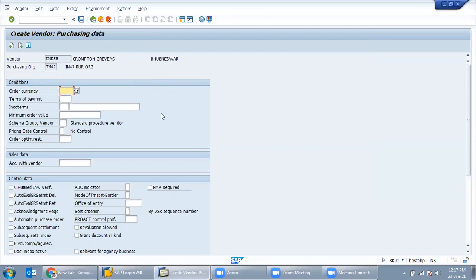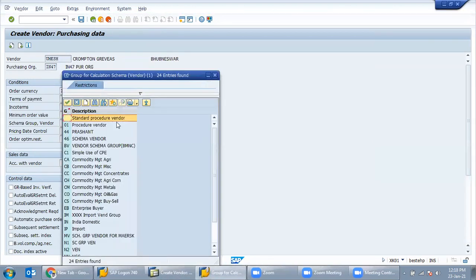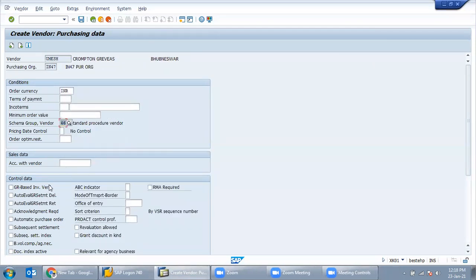Now comes purchasing data. This is the main part. So in order currency we put INR, Indian rupees. Schema group. Why do we require schema group? Because the release strategy will hit through this schema group. Like we select 46.